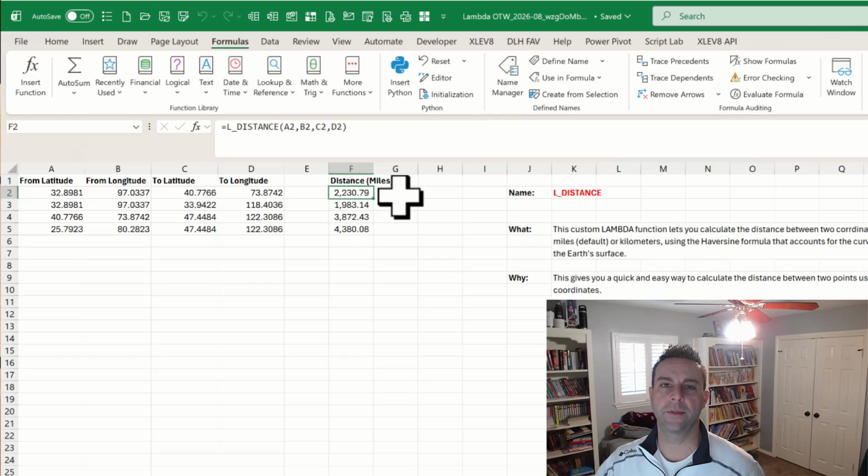Howdy, I'm Derek, and in this episode of Lambda of the Week, we're going to cover a custom Excel function